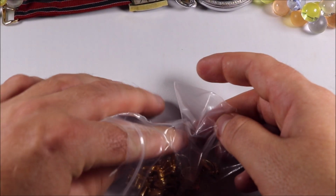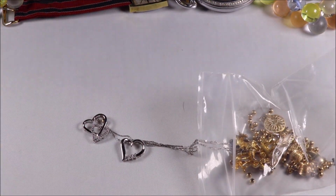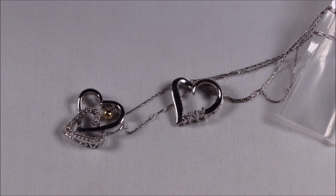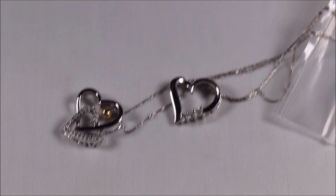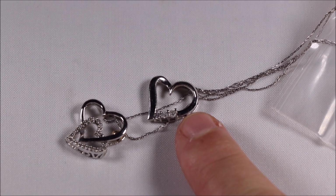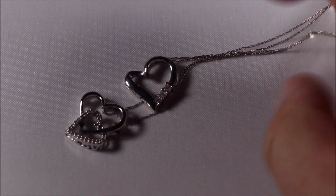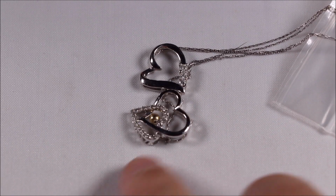But the two newer pieces that I did get were these two heart pieces. And these are 10 karat gold, and they were, I think, $10 each. 10 or 20, I don't know, but they're real diamonds. So this one had a label on it that said 1/10 carat of diamonds. And then this one's got some diamonds, and this one's missing one diamond, but yeah,